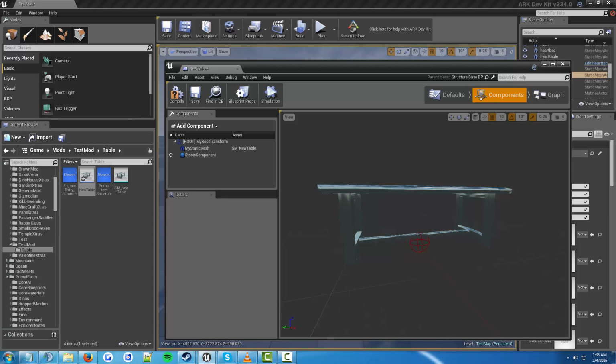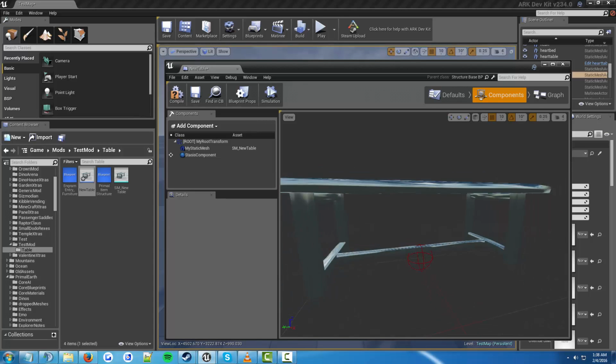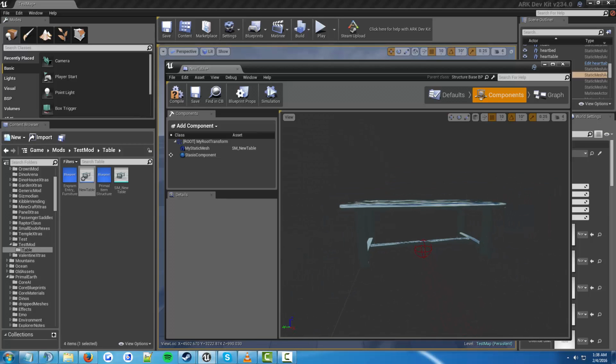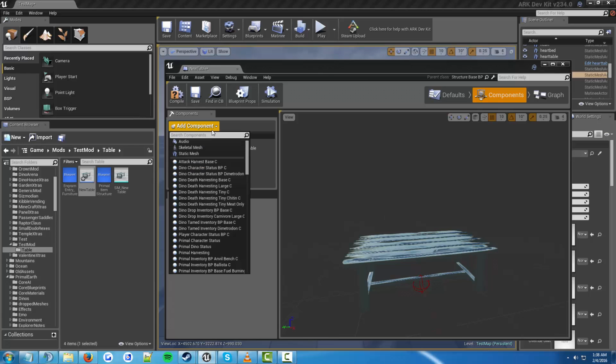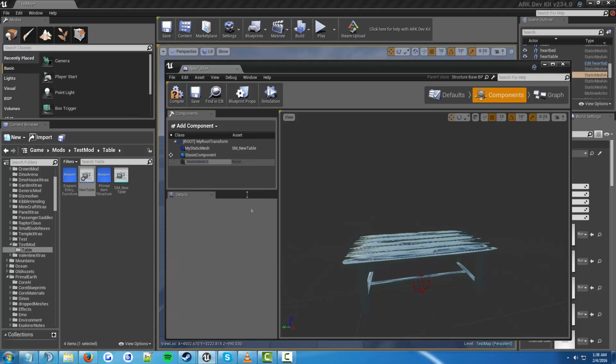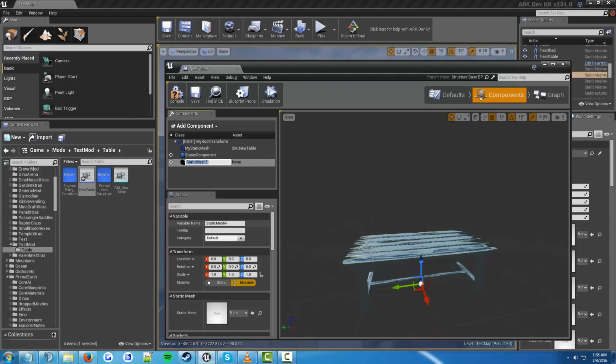And you can even add different decorations to the table right here. Like, say if we wanted this table to have just a random person standing on it that you can't interact with or anything like that, we can actually, let's just name it something just to show you guys here. I'm not actually going to keep it, but